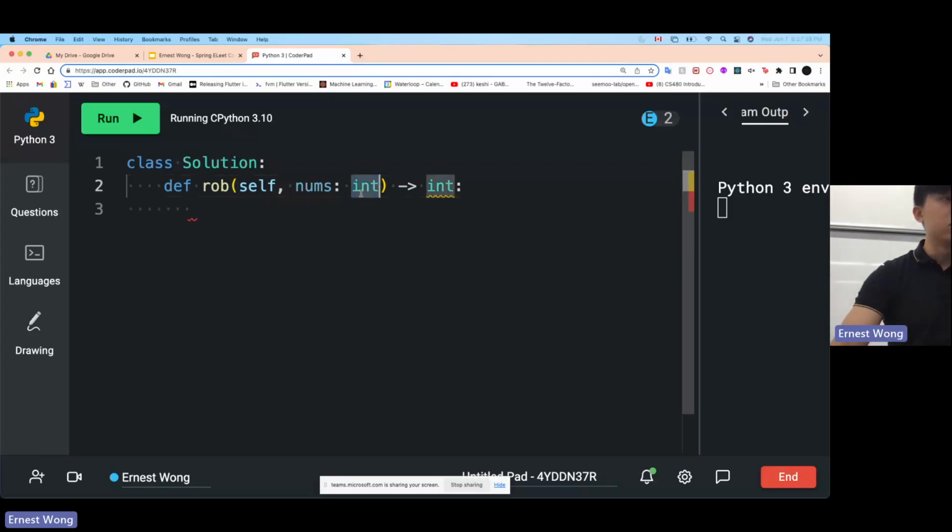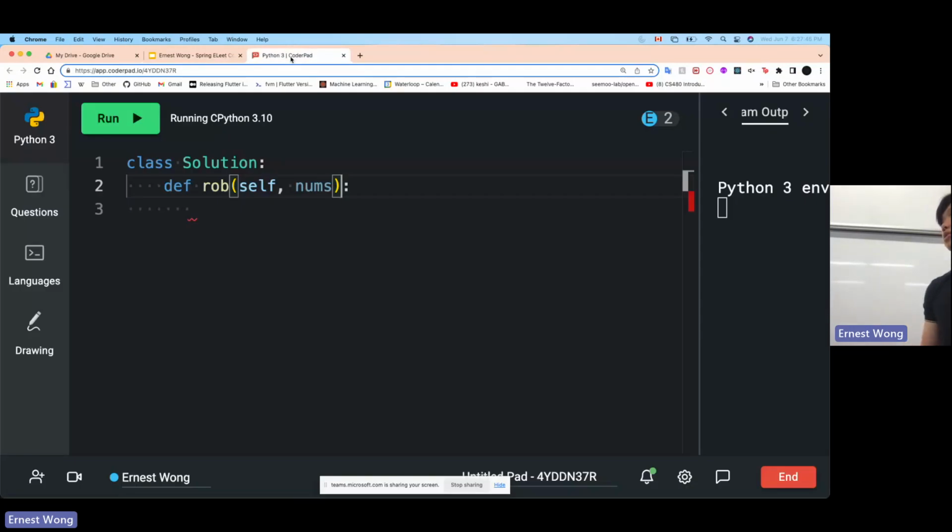Okay, so in terms of a brute force solution, what we can imagine is that we can check every single combination of houses that's possible and store how much we can steal. For example, if we have 3 houses, we can steal from house 1, from houses 1 and 3, from house 2, or from house 3. And we'll notice that when our list is n long, there's going to be n factorial combinations. So that's our brute force solution. Obviously, we don't want something that's O(n!). That's going to be really inefficient.